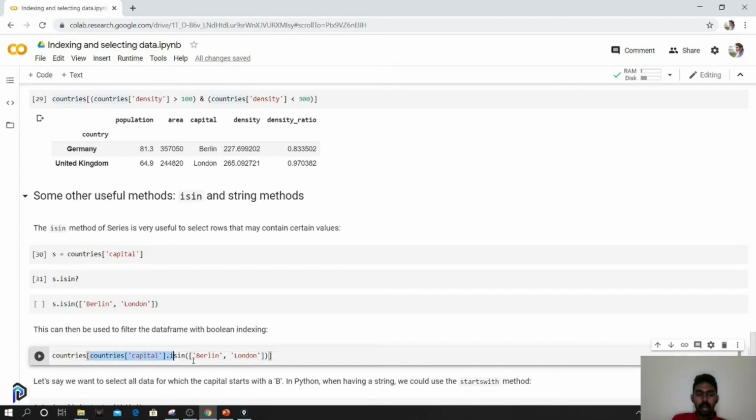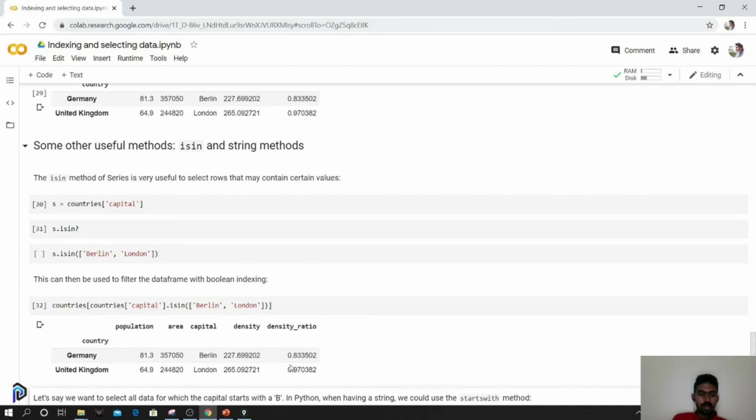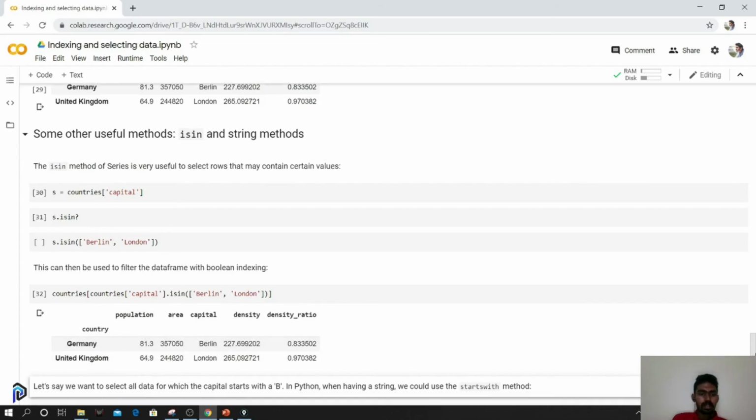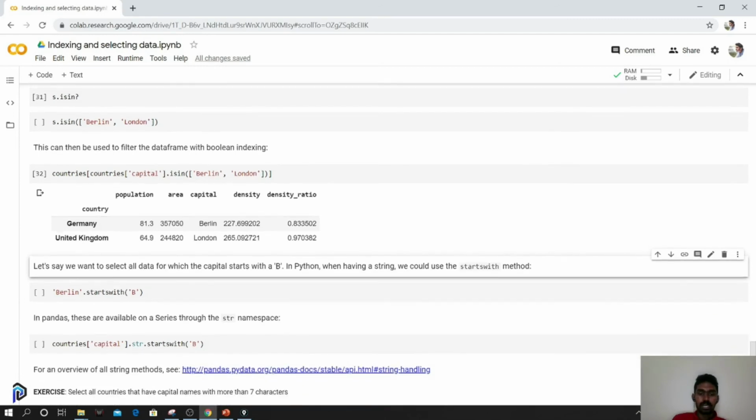So this part is actually a condition checking part, like where in an SQL query we have the where condition, right? So this is like that. This is the actual table that we are going to use. Okay. So we are getting the output. Only Berlin and London is coming. Similarly, you can have other isin conditions. So you can set isin on the area range. If it's a numeric value, we'll be having greater than, less than, or equal to, those kinds of conditions. If it is a string kind of value, we can use isin or startswith, and other operations to check the condition.